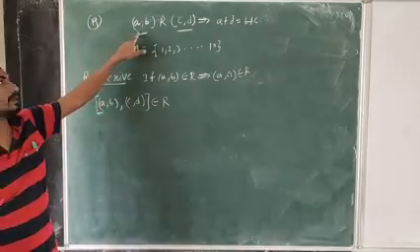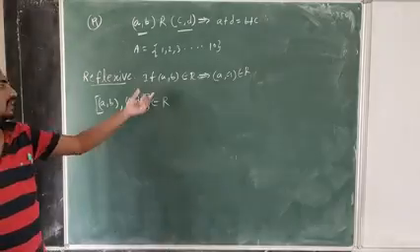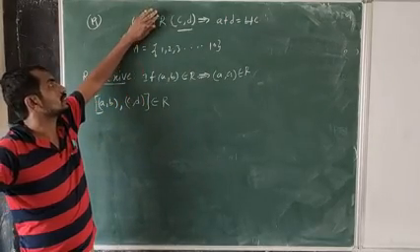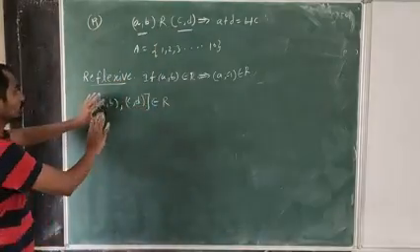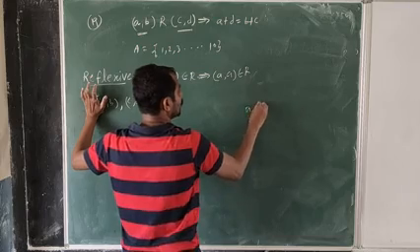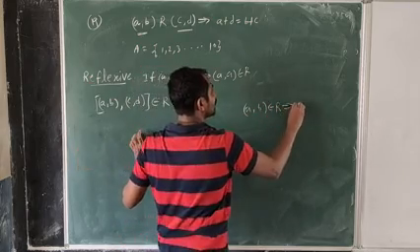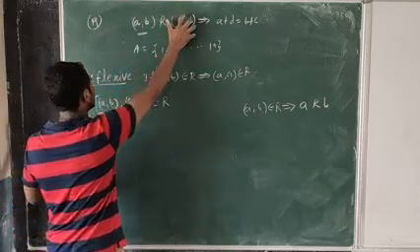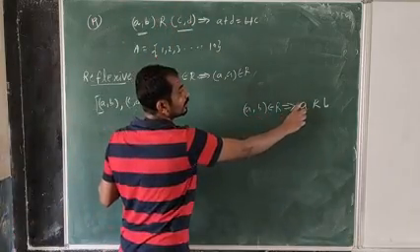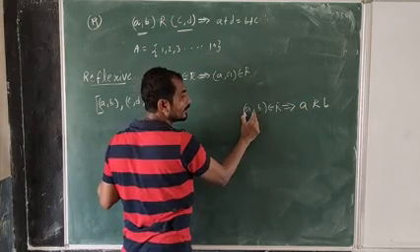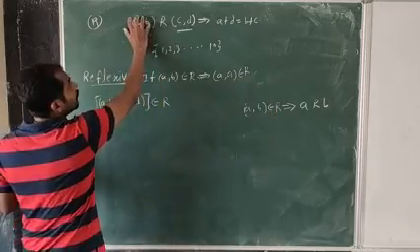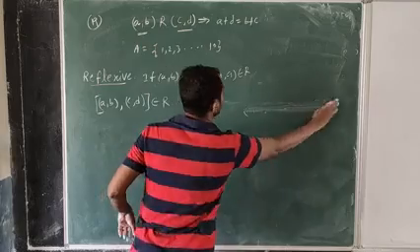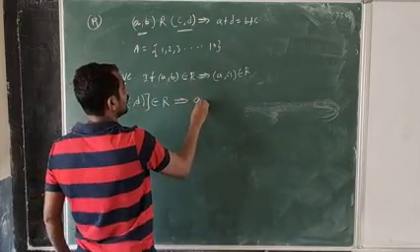Earlier, it was given only one ordered pair with 2 elements. Now, see, we treat the whole ordered pair as one element. So this is one element and this is one element. Like this is one, as I told you before. (A, B) belongs to R. Then you can represent it as A relation B. But here, what is written? (A, B) relation (C, D). Earlier, A relation B took an ordered pair (A, B) inside. That means (A, B) relation (C, D) will give (A, B), (C, D) belongs to R. Then what is the condition? The condition is given: A plus D is equal to B plus C.